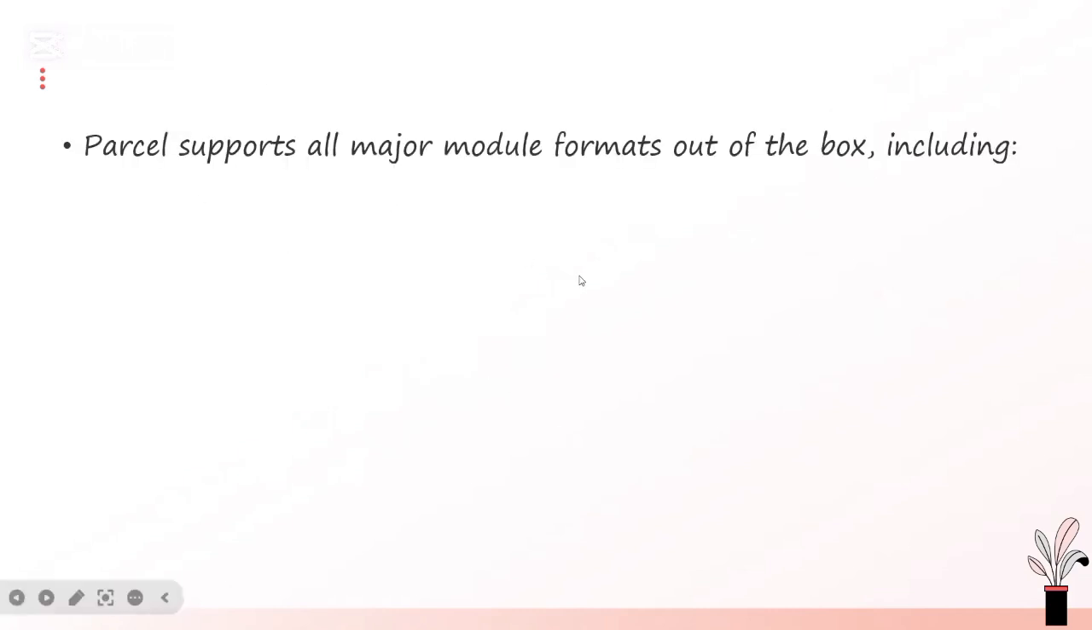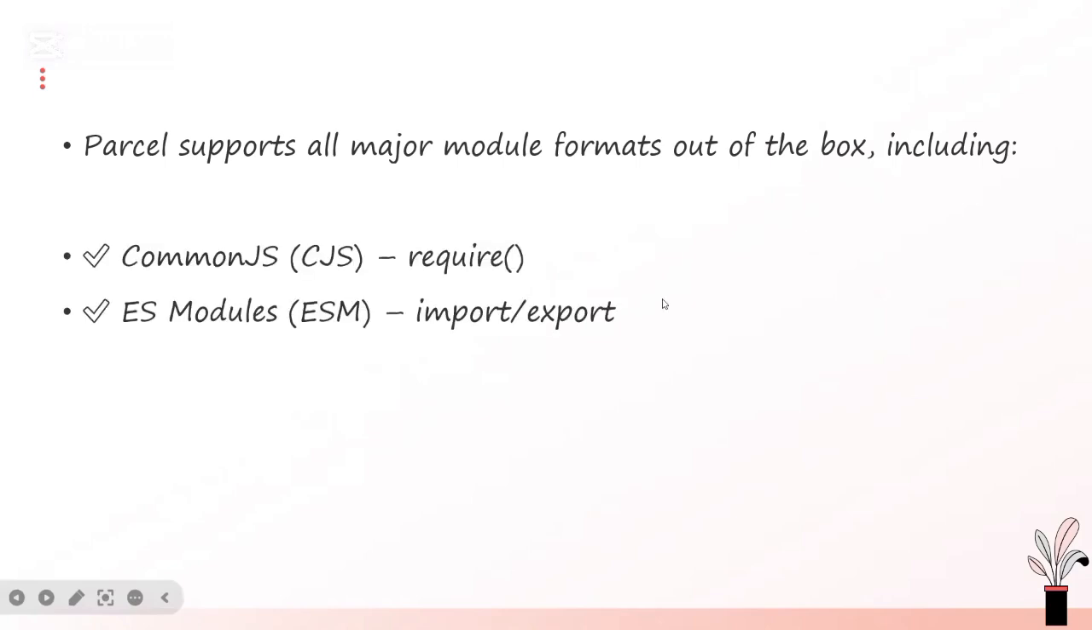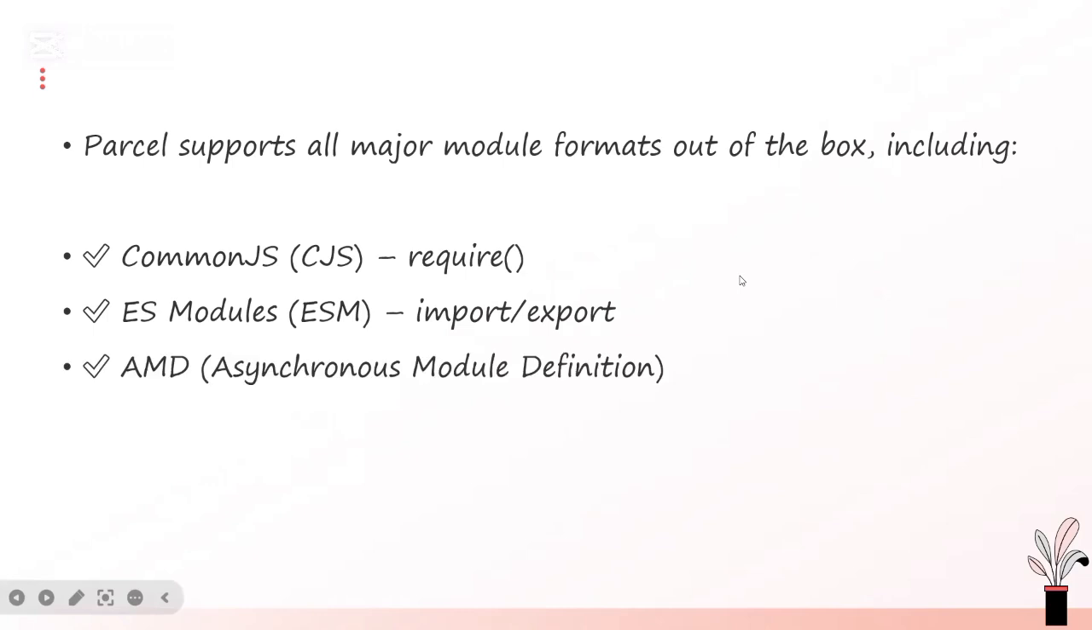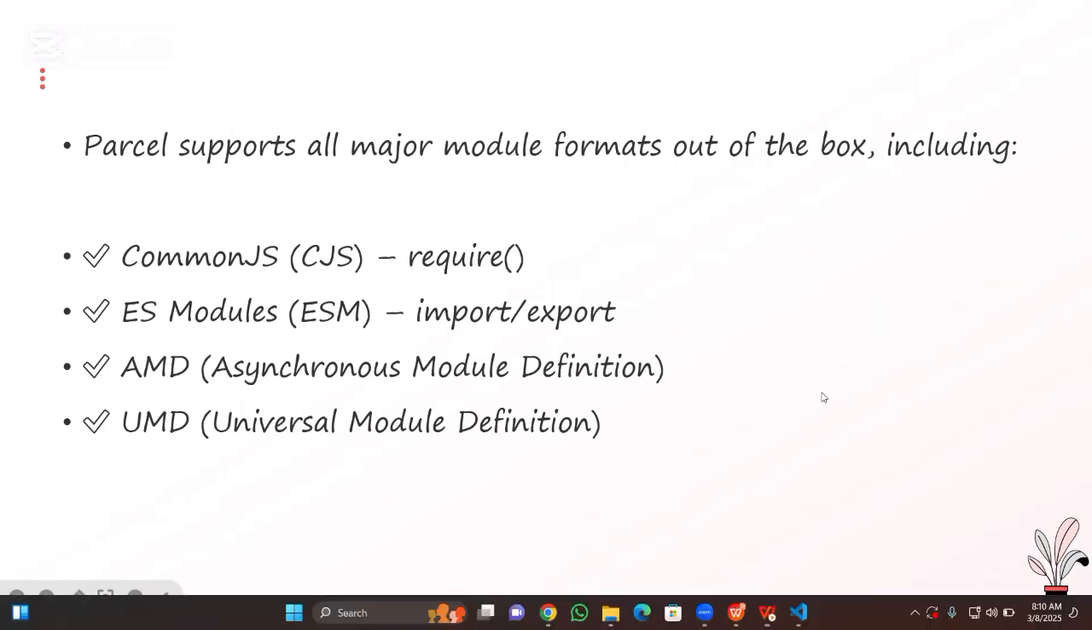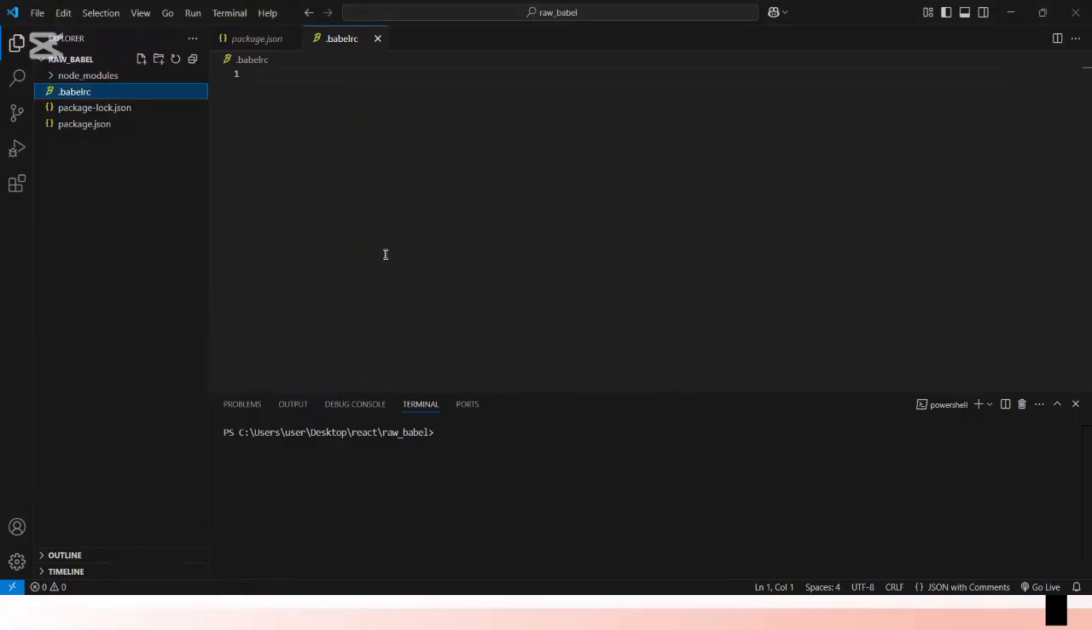Parcel supports all major module formats out of the box. It supports CommonJS, it supports ES modules, which is the one we'll be using in this example. It supports AMD, asynchronous module definition. It supports UMD. It supports all of these modules. But let's go back to our code and make something count. Now, we just have Babel installed here. We will still need to install Parcel. But before then, let us create our